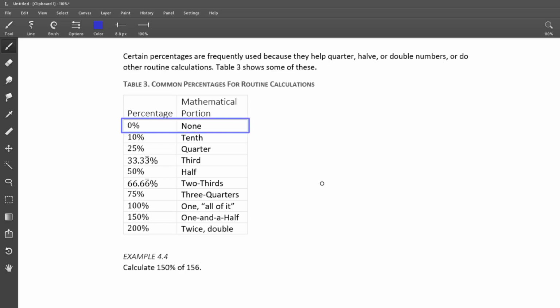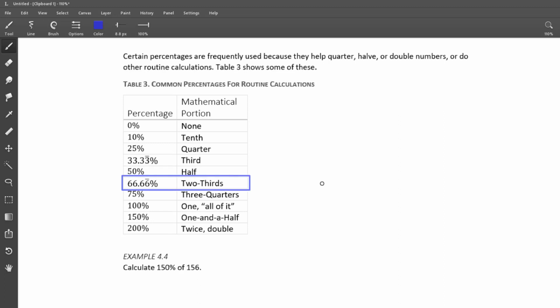0% represents none. So if there were, say, 120 ducks in a pond, and you caught 0 of them, that would mean you caught 0% of the ducks. 0 ducks out of 120 is 0%. 10% is a tenth, 25% is a quarter, 33.33 decimal repeating is a third, although that's often rounded just to 33.33. 50% is half,